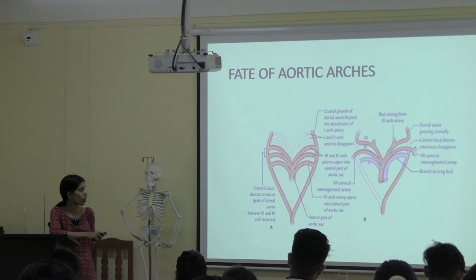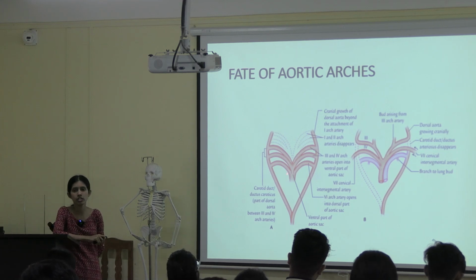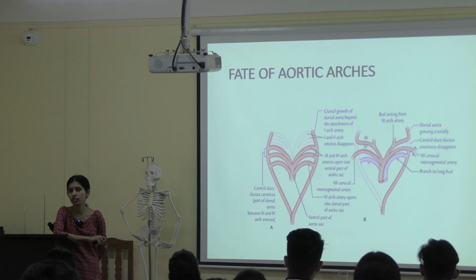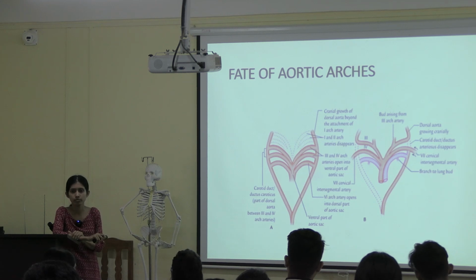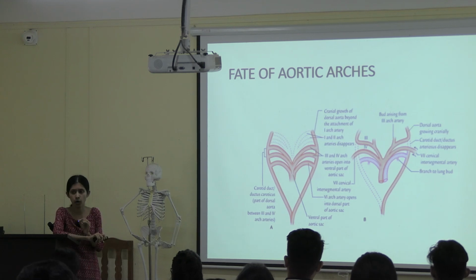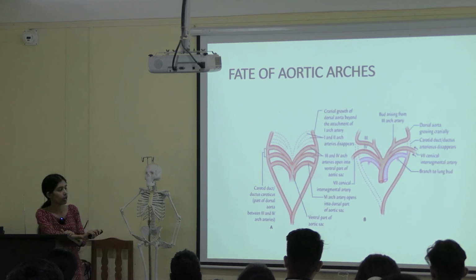So, from the remnant of first aortic arch, I already mentioned the first and second will not disappear completely, some small part will remain, that I am naming as a remnant. Okay. The remnant of first aortic arch gives a derivative called maxillary artery, and the remnant of second aortic arch gives a derivative called, any idea? Hyoid artery and stapedial artery. Hyoid and stapedial artery, which are present only in the fetal life. Okay. So, now